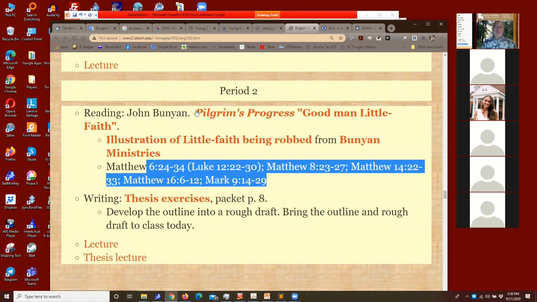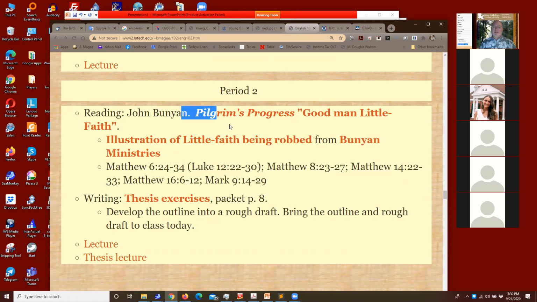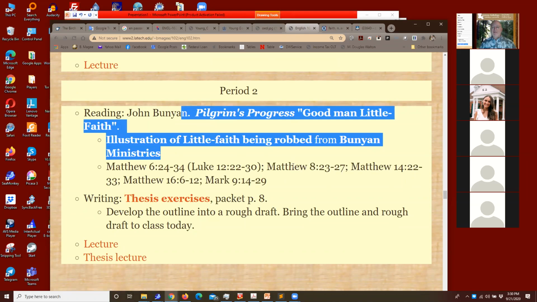You could, if you want, write about Pilgrim's Progress alone, if you want to. I think I may have had one paper in all the years I've taught this that somebody did on this and not on Goodman Brown. Most people want to stay as wide away from it as they can.